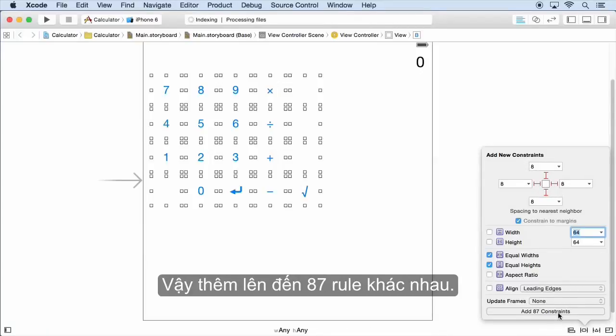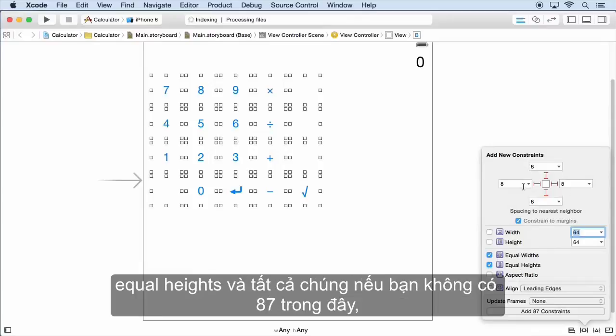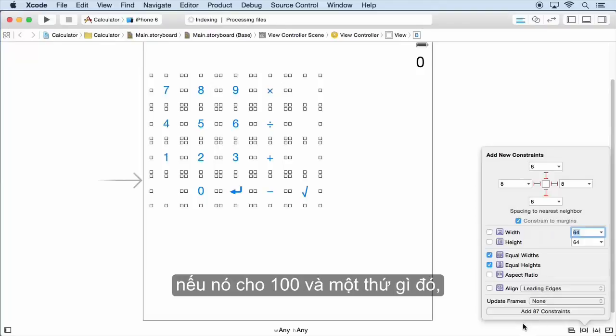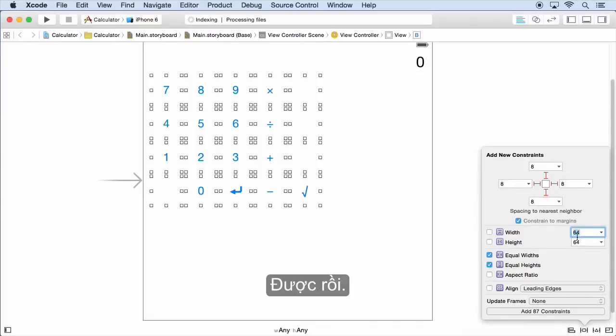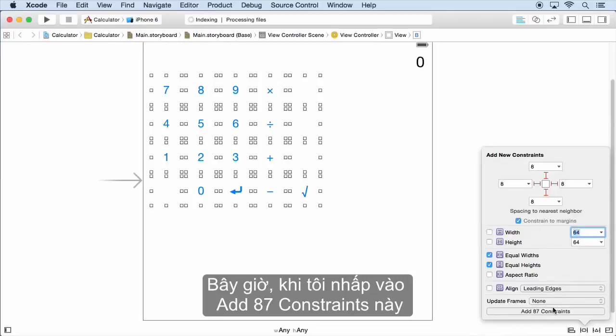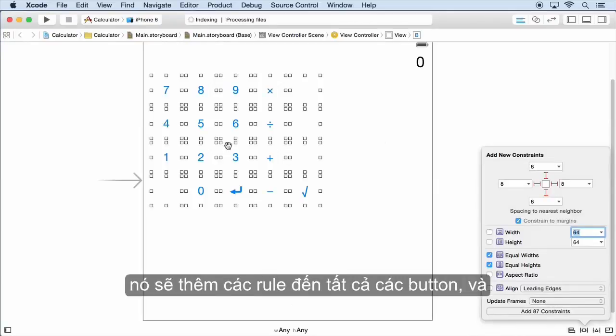So this adds up to 87 different rules: all these equal widths and heights, and all these spacings to neighbors. If you don't have 87 in here, if it says 100 and something, whatever, you probably don't have everything lined up right, because it only takes 87 constraints to express all these rules. All right. Now, when I click this add 87 constraints, it's going to add these rules to all these buttons,